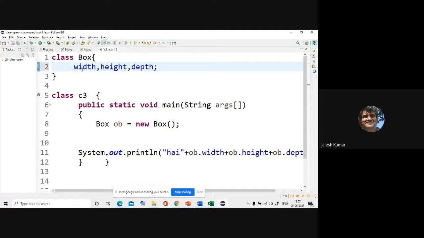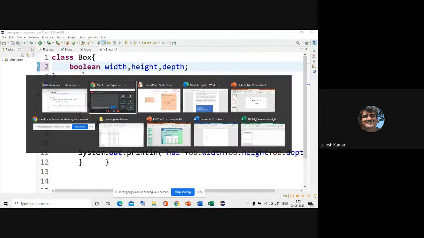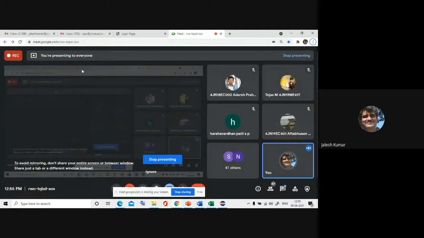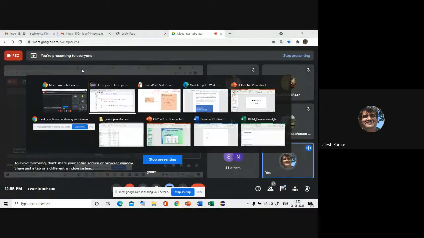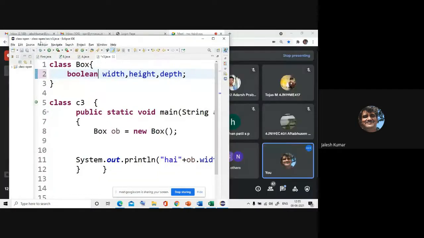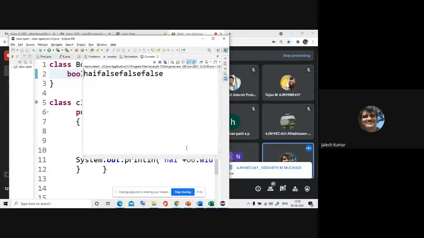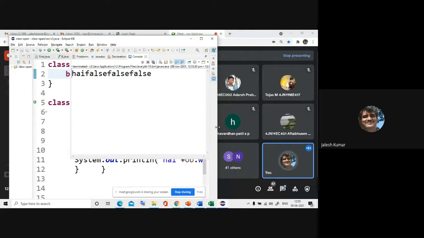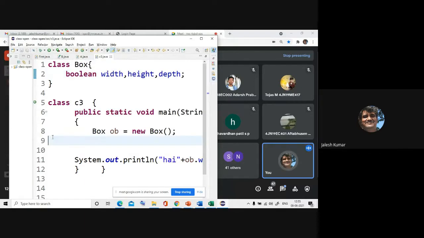If it is Boolean, we'll see what the default value for Boolean is. It's a very important question. If somebody asks, what is the default, whether true or false? Anyway, I'll show you. Yes, it is false. Very good, Siddharth, it is false. By default, it is false. How do you come to know? See, when you are printing, you are getting that. Is it not? Like that, if it is byte, what will you get?